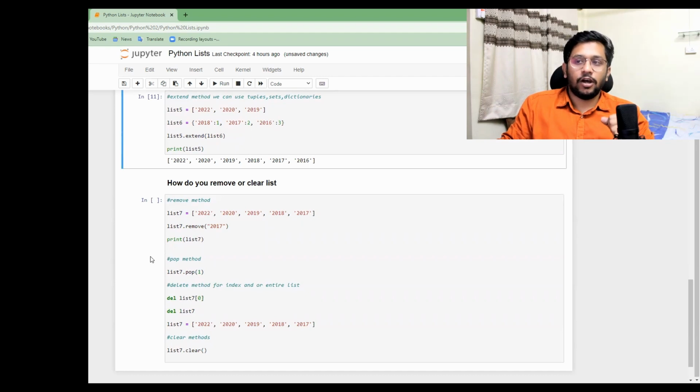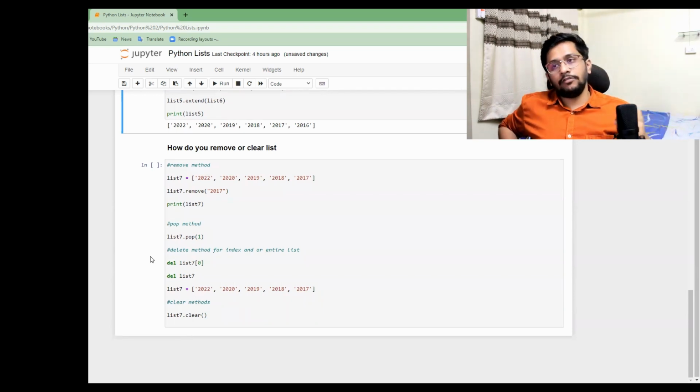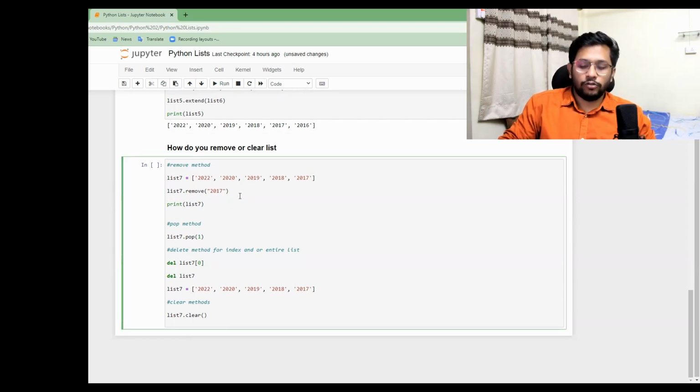Next one is, how do we remove or clear a list? And I guess when I mentioned replace, we do not have an actual direct replace methodology in Python. So we use remove. Here we see that 2022 is there, and I actually wanted to remove it at the earlier stage. Let's just say we want to remove 2022 from this list, and this removal will happen.